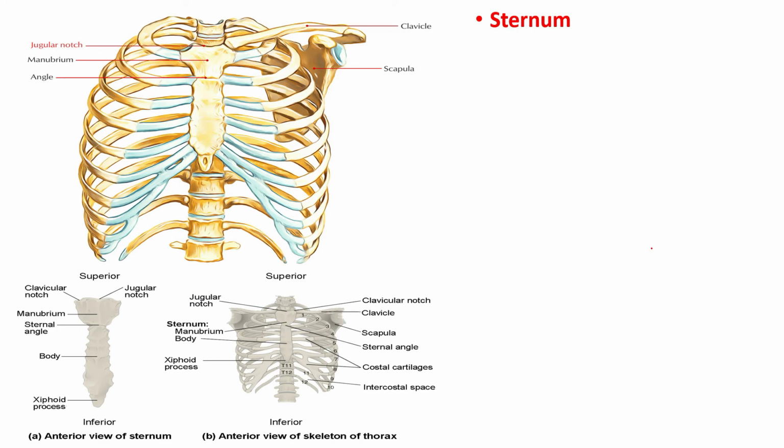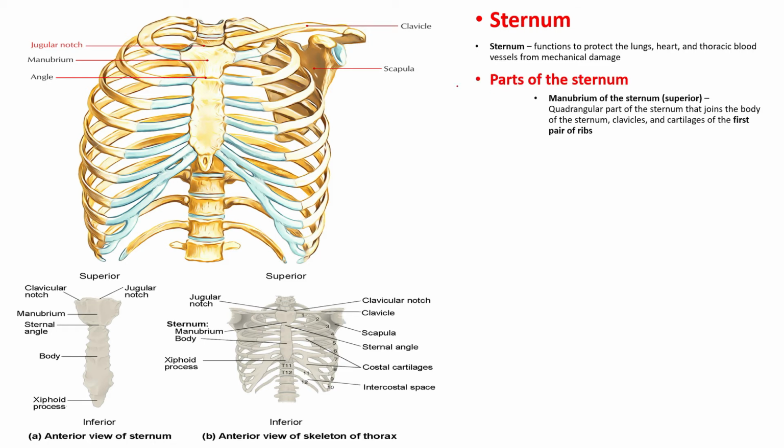So now that we understand the ribs, let's talk about the sternum. So the sternum has many functions, including to provide protection of the lungs, heart, and other thoracic vessels from mechanical damage. There are several parts of the sternum, and so first let's talk about the most superior, which is going to be the manubrium, which is this sort of quadrangular part of the sternum, and several things attached to the manubrium of the sternum, such as the clavicle, which is your collarbone, as well as the cartilage of the first rib,